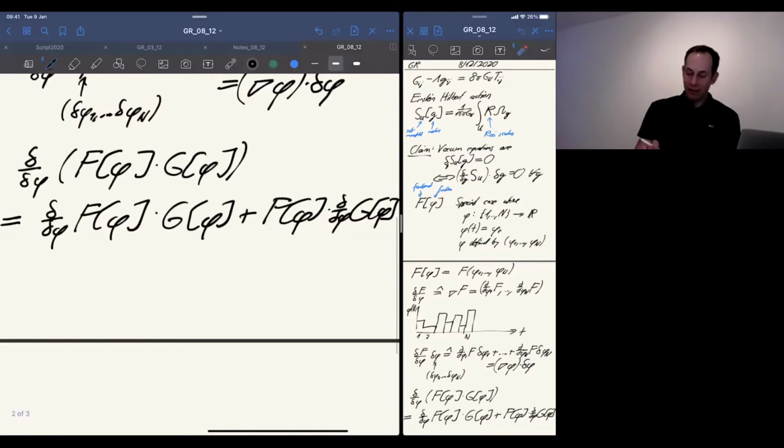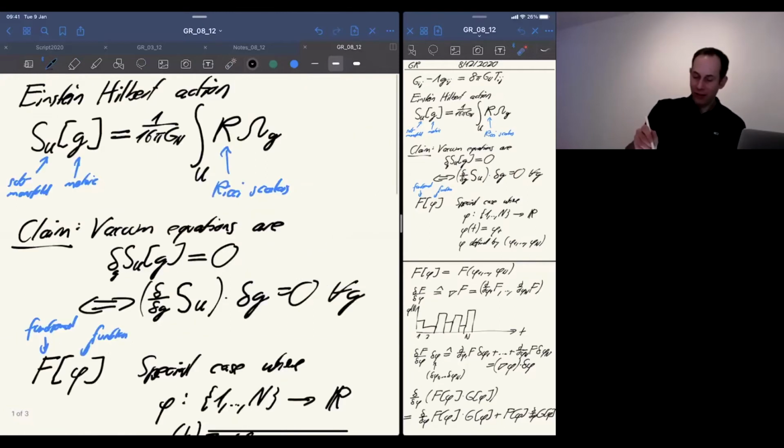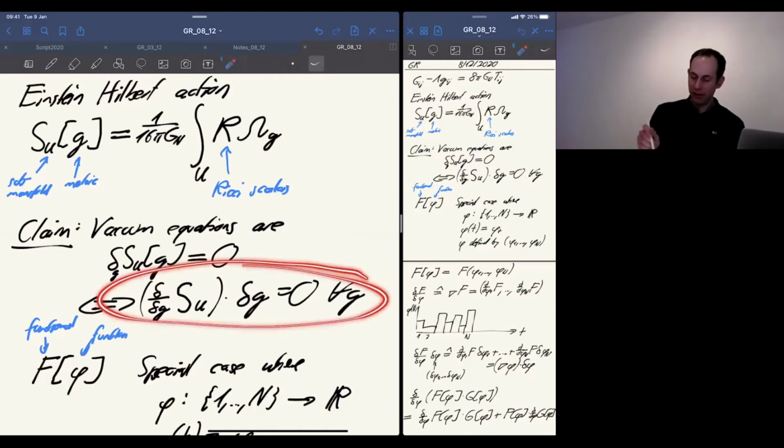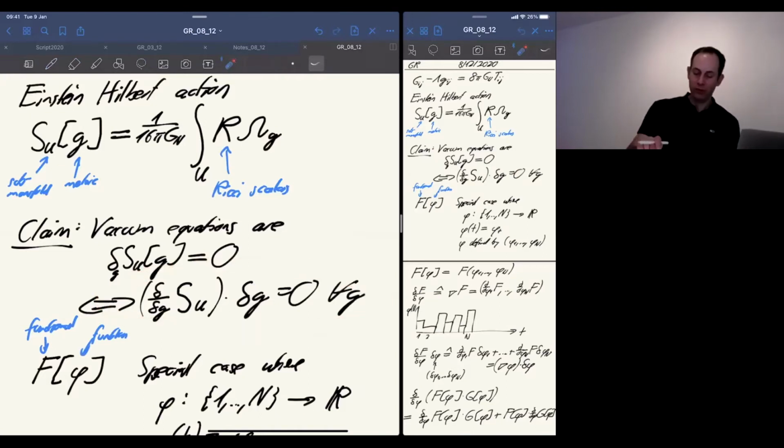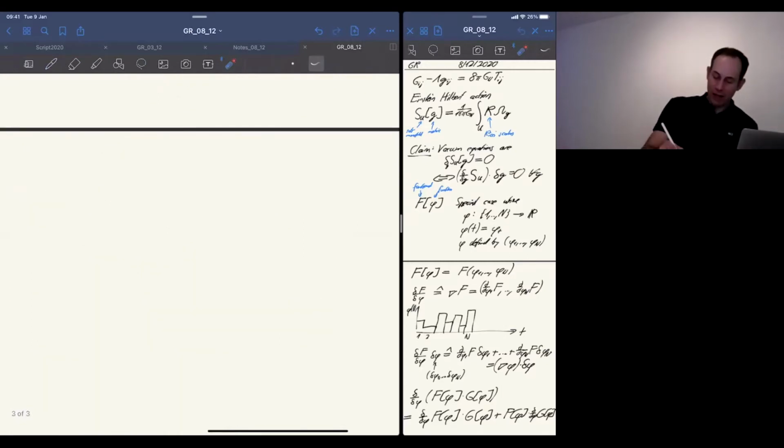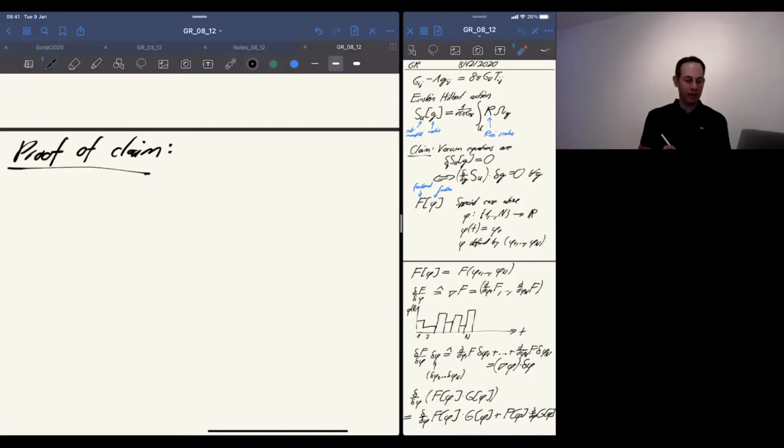Okay, now we have essentially the tools, or at least the notation, to first of all understand what this claim means. So I hope it's clear what this means, and also to prove it. So let's just prove it. This will be kind of, okay, not very difficult, but yeah, still quite tiring calculation. And I have to admit, I'm not very good with signs, so it may well be that I will make some sign errors, so please pay attention to the signs and tell me if I make an error there or any other error with the indices. But let's try to really go through this calculation.